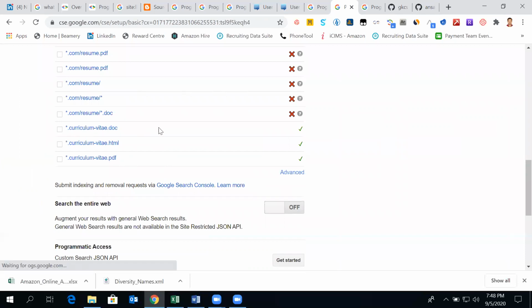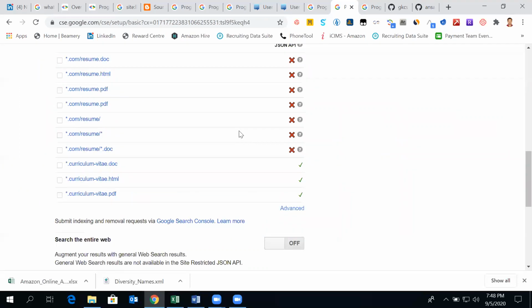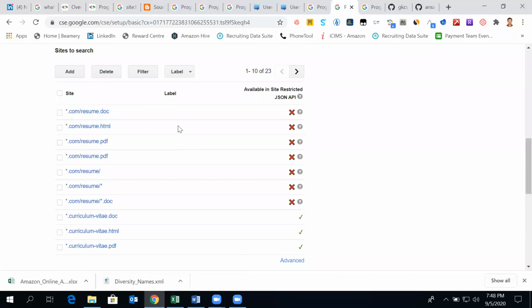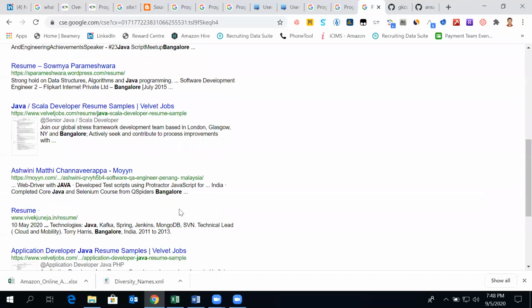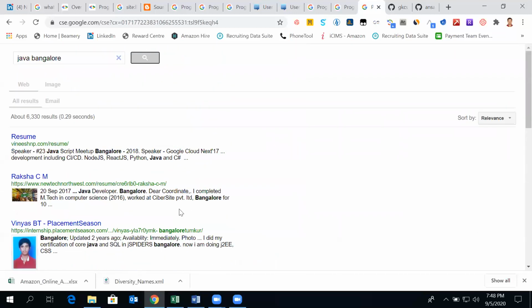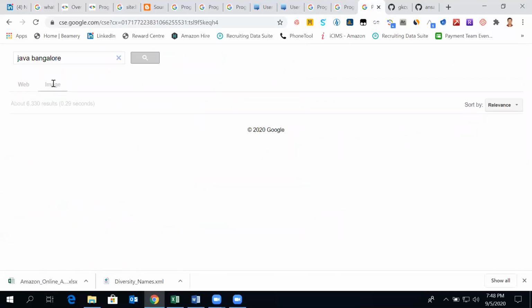So here, if we see, only 3 were accepted, but still we went ahead and gave additional URLs also, though it was not accepted. Earlier it was right, but now it has become a cross, but still it's working out. We have results where in the URL we have wordpress.com/resumes or resumes or anything. So this is more open-ended.